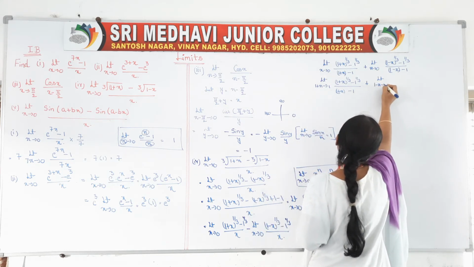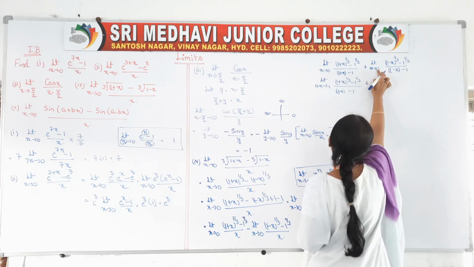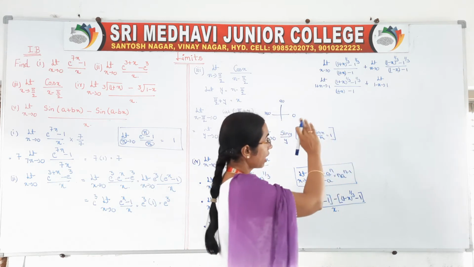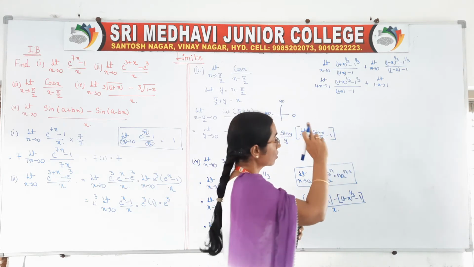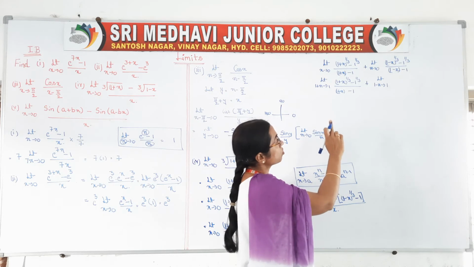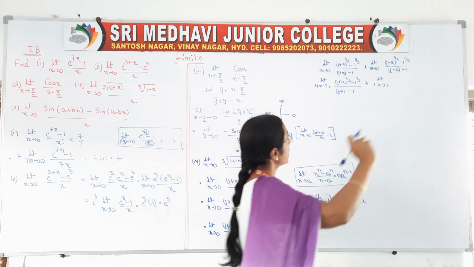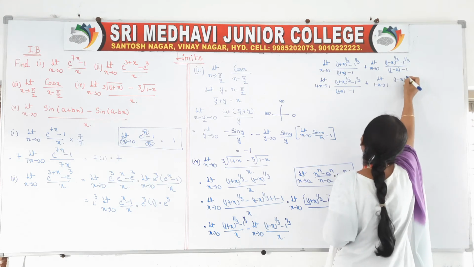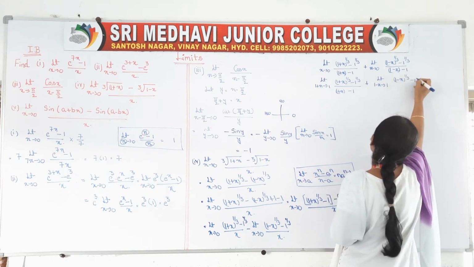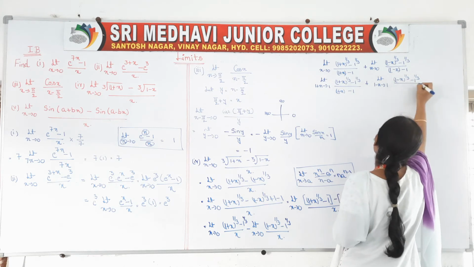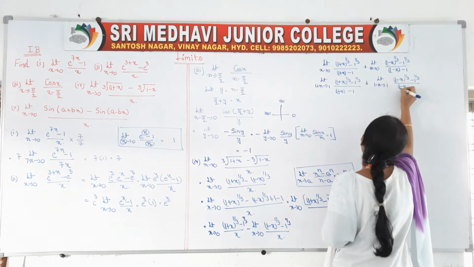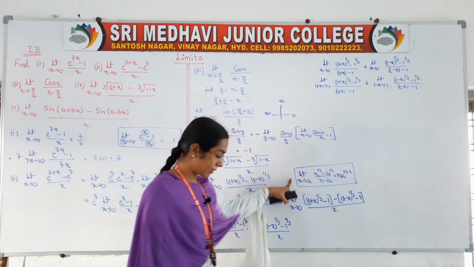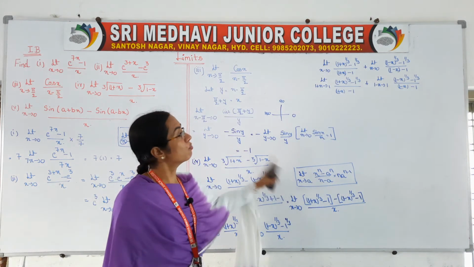And after that, if we add 1 on both sides, then you will get your required value. 1 minus x tends to 1. If x tends to 0, minus x tends to 0. Then you add 1 on both sides, so 1 minus x tends to 0 plus 1, which means 1 only. Next, (1 minus x)^(1/3) minus 1^(1/3) by (1 minus x minus 1).